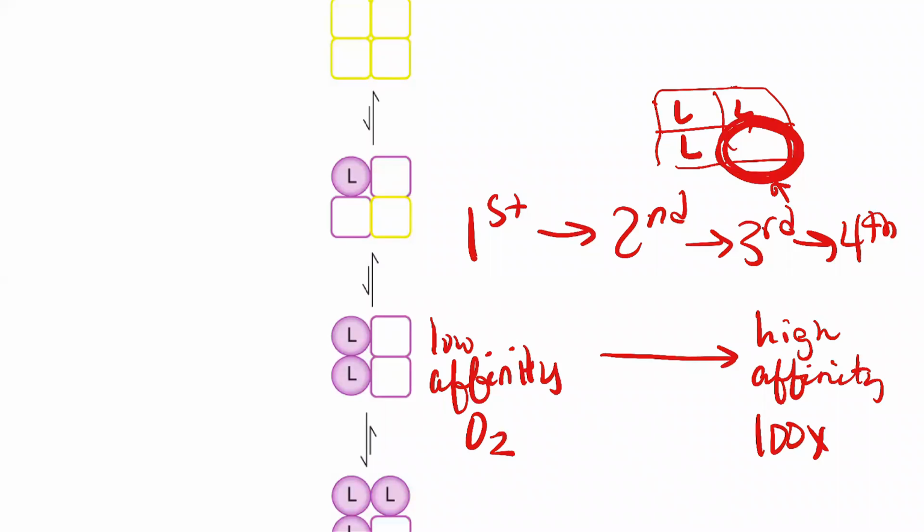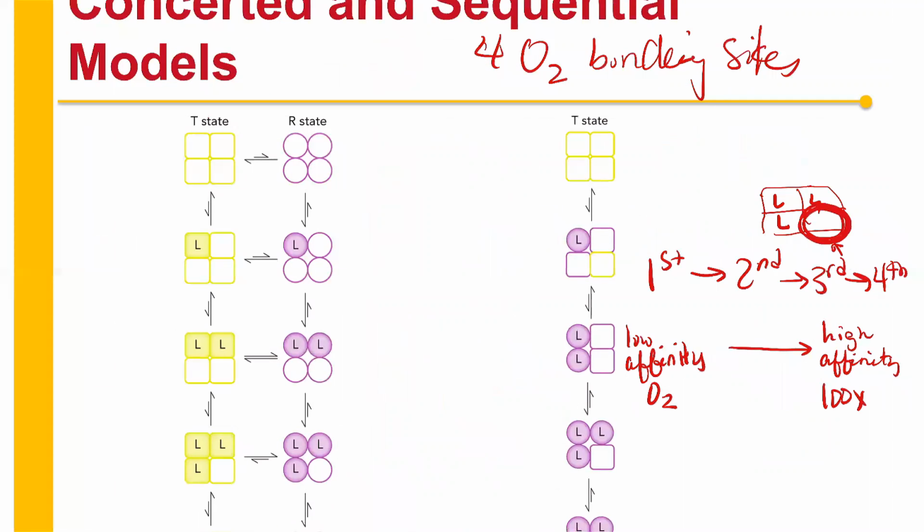So we know that there's cooperative binding. What we don't quite understand is how that cooperative binding happens. We have 2 different models, and they are called the concerted and the sequential models. So in the concerted model, basically we're saying that there's an equilibrium between our relaxed state and our